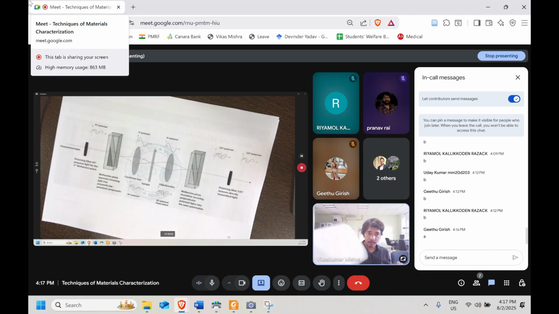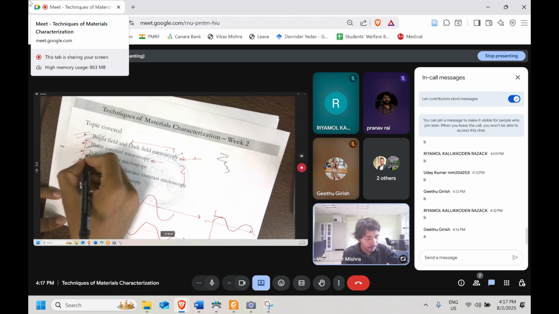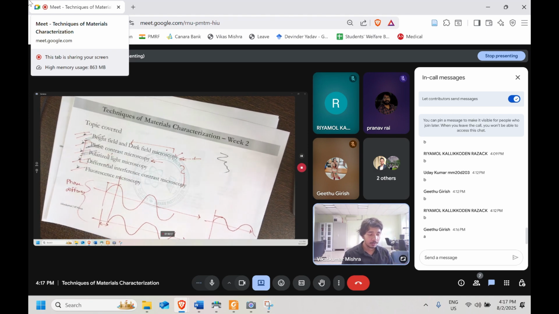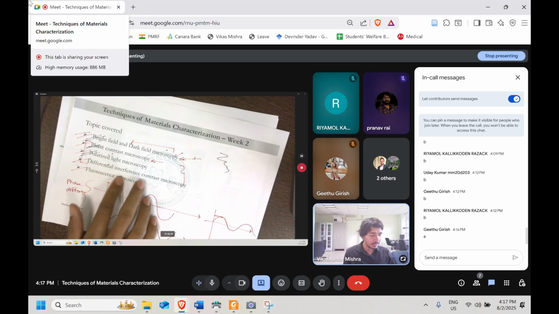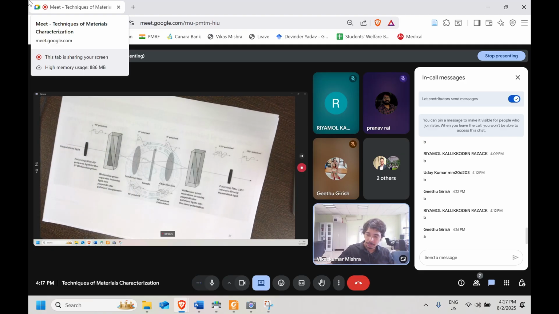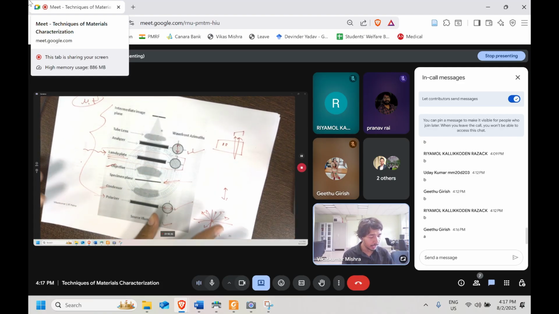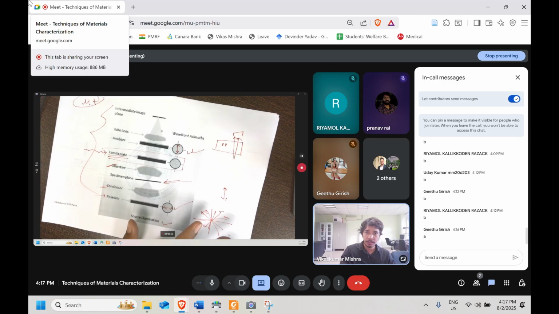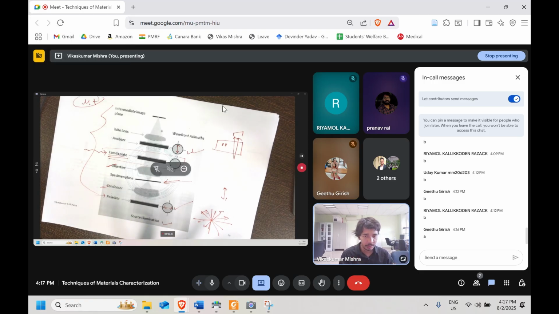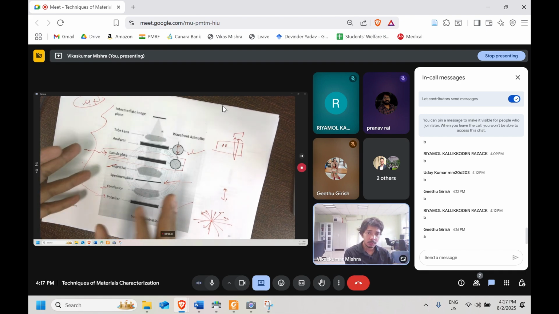Now, with that, we are done with the first three. The polarized light microscopy is also over. Now we are going towards differential interference contrast microscopy. Let's see whatever we have learned about this DIC. See here, we have this. This is what we have seen in the polarized light microscopy, right? So in polarized light microscopy, this is there. Now we are going to add a few more components to this,